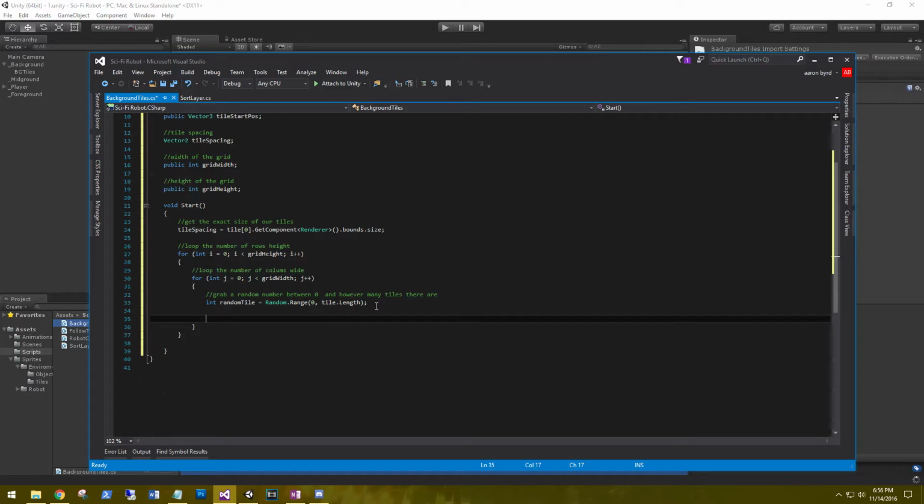This line may be kind of lengthy, so let me code it out and then I'll comment it after that. So GameObject with a capital G, go equals Instantiate tile, and we'll be picking from our random tile, and then we need to tell it where we need to place it. We'll use a new Vector3